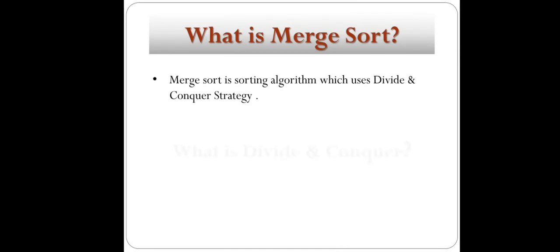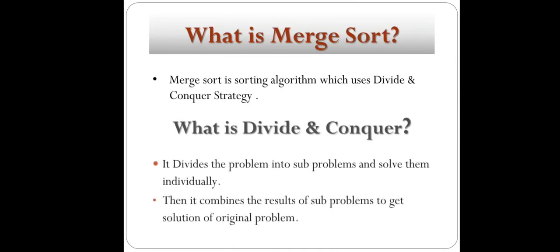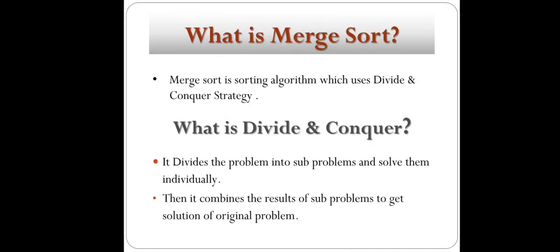So, what is divide and conquer? Divide and conquer strategy says if the problem is large, then break the problem into sub problems, and if the problem becomes small, then solve it, and after that combine the solutions of sub problems to get the solution of our original problem. So, here the general idea is to find the middle element, that is we have to split the array into